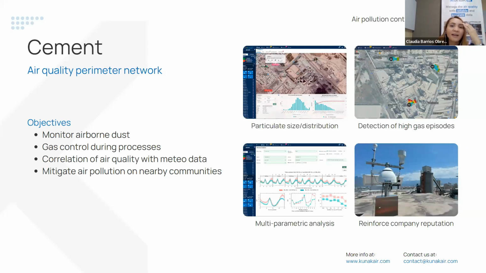In consequence, the cement plant was able to identify PM size and differentiate processes according to a specific dust episode, thanks to our particulate matter analysis tool and its capability to show PM counts and PM distribution. They also were able to take the most appropriate actions by detecting high gas concentration periods through the pollution process tool that detects the direction of the emission sources.